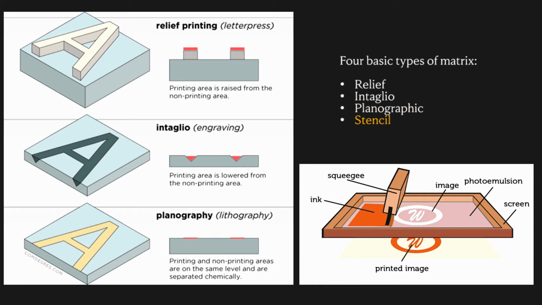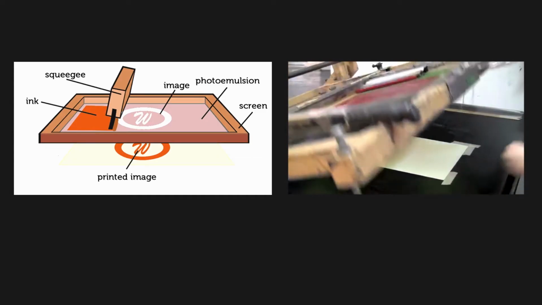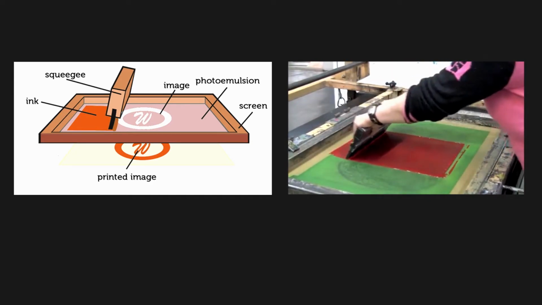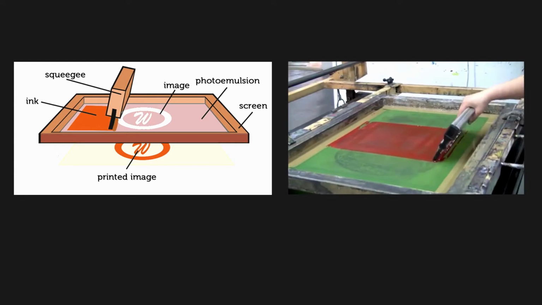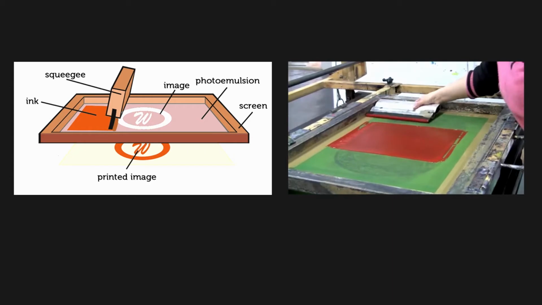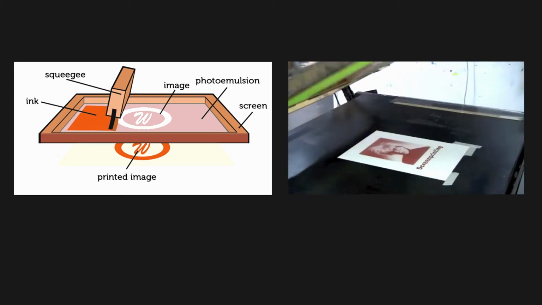And then finally, stencil methods, in which the binary coding of the matrix is generated by closed and open areas that do or do not allow ink to pass through. This includes screen printing, but also just simple stenciling, as in the stencils used by Jasper Johns to make his number and letter paintings. Now, most of this lecture will focus on screen printing. As you recall from previous weeks, the screen printing matrix is a stencil suspended in or on a transparent mesh. Ink is blocked by the stencil and forced through the open areas of meshwork onto the support below. The image comes into being by being pushed through a screen.